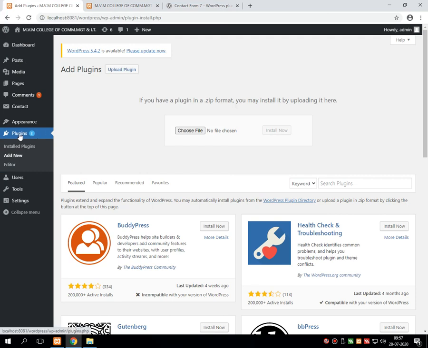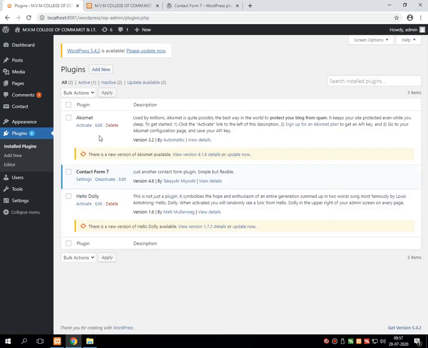Within a few seconds it returns the message that the plugin was installed successfully, and in the listing of all the plugins you will see the newly installed plugin called Contact Form 7. I first activated Contact Form 7.